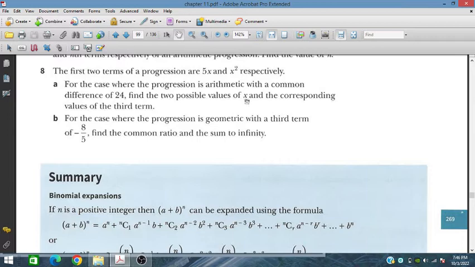For all possible values of x, two possible values will be obtained, and the corresponding value of the third term. So we have to obtain the third term for both cases, for arithmetic progression and for